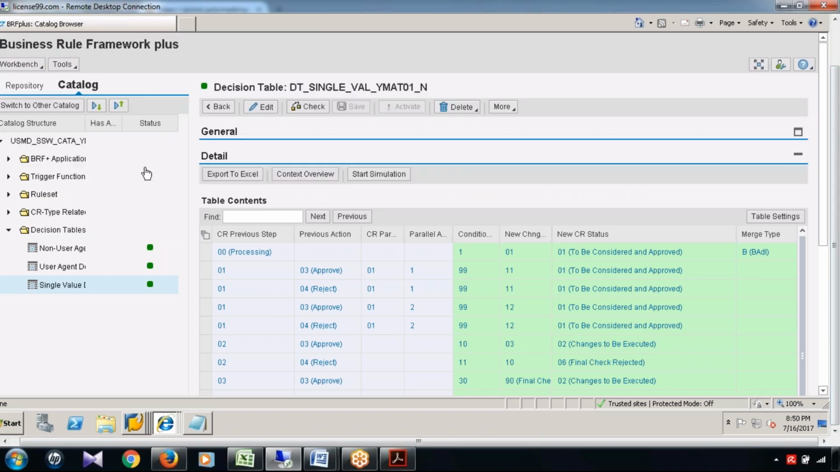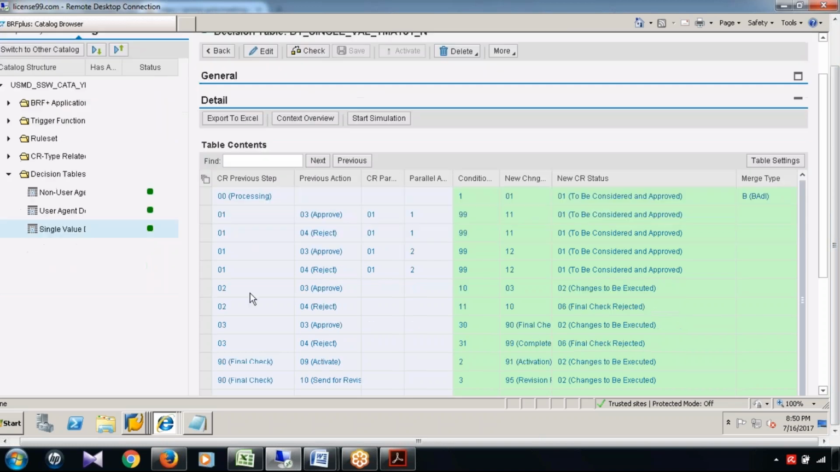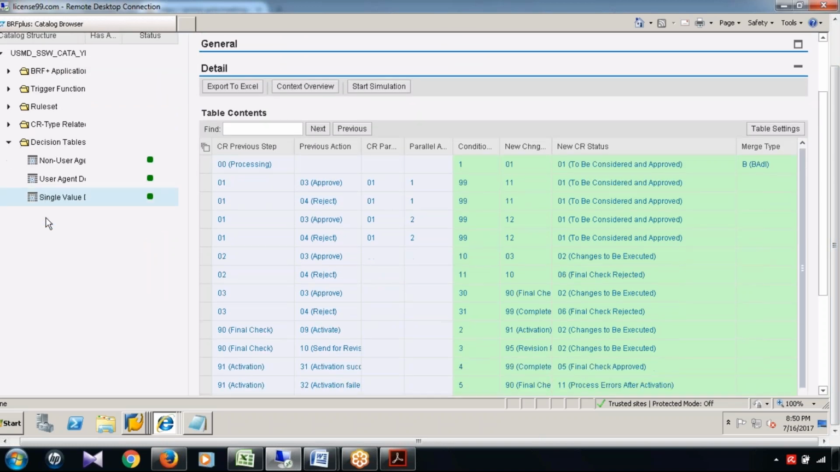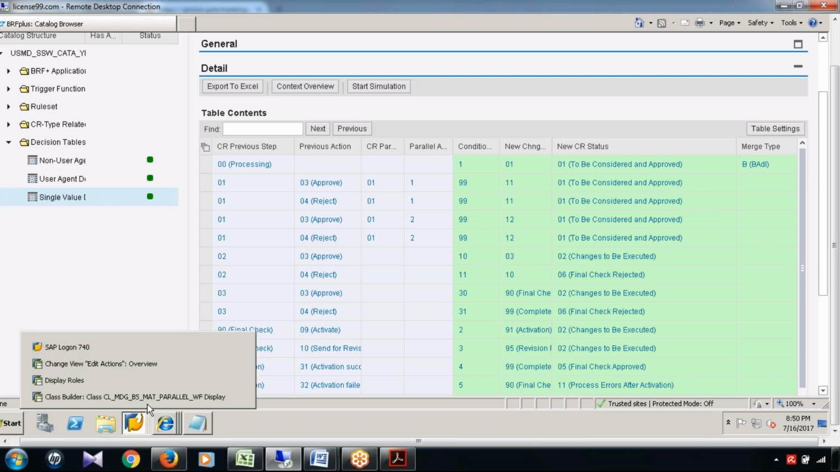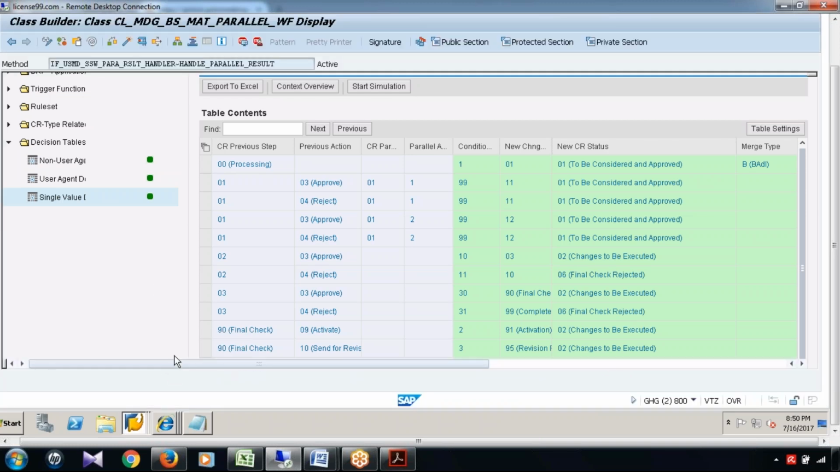So this is nothing but the parallel process. What the problem I found is that everything is fine, like the table which you are seeing, absolutely everything is fine. But when I'm trying to execute the change request, the execution is not picking the enhancement. It is not picking the enhancement. So if I put a breakpoint here, for example, you can see